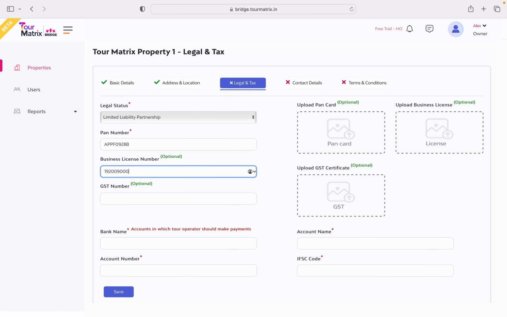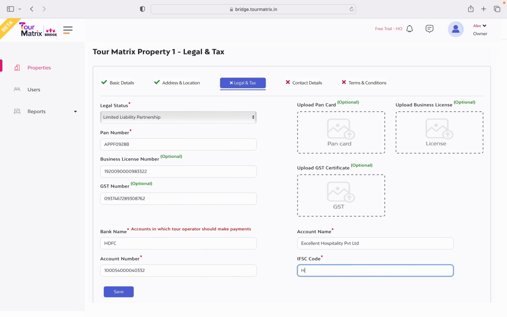If available, enter the business license number issued by a competent authority authorizing your property to carry out accommodation business. Similarly, if you have a GST registration number for your property, please enter it here. Next, fill in the name of your bank, account name, account number, and IFSC code. Please note that the bank details you enter here will be displayed to tour operators who may use them to